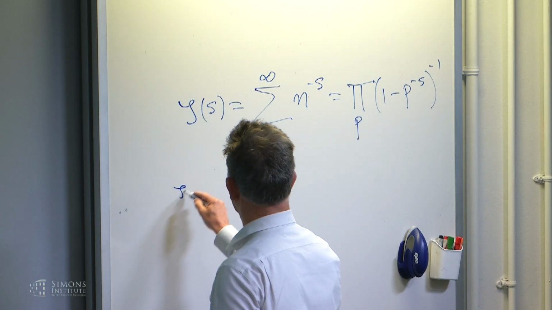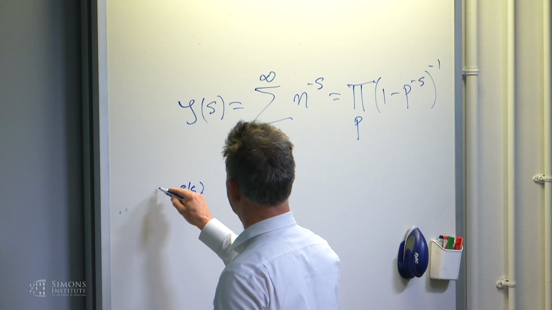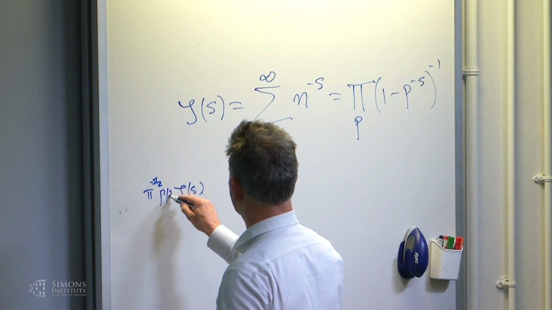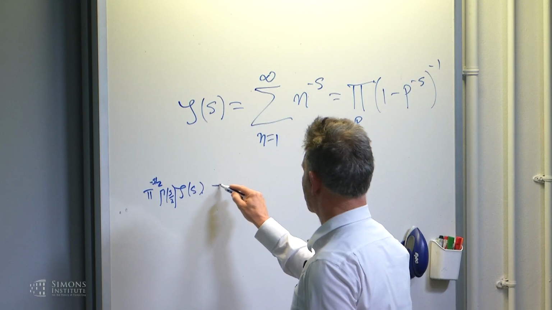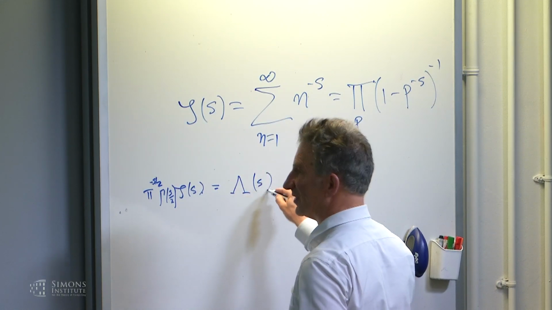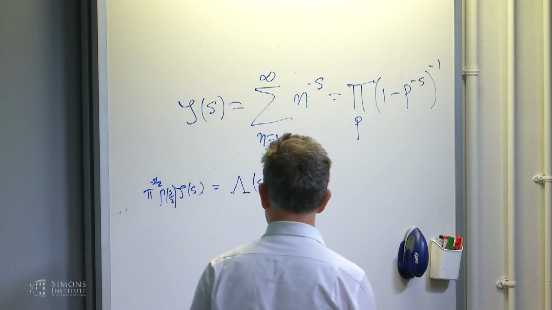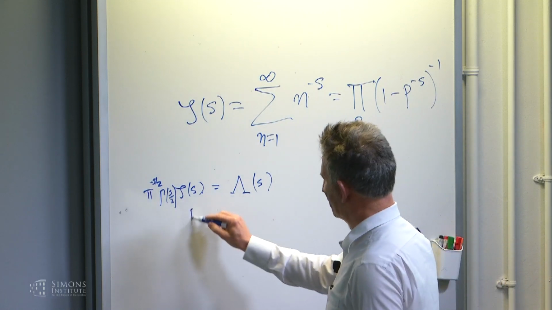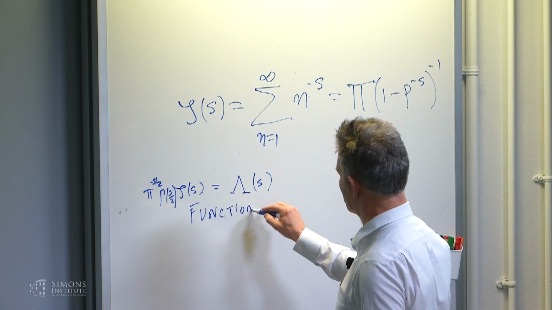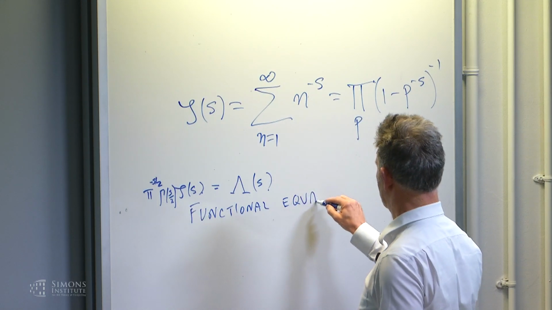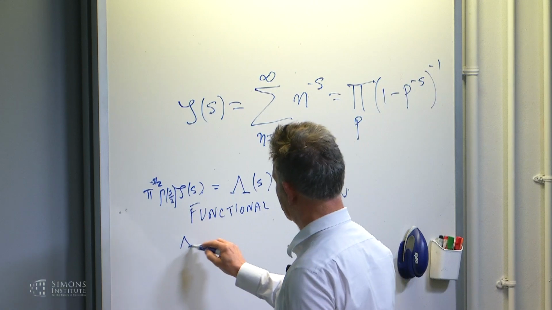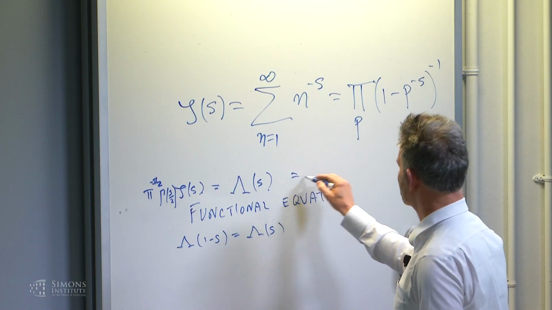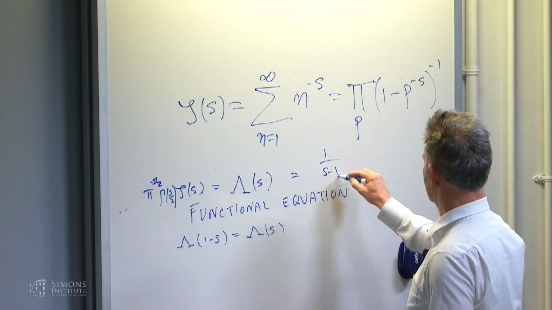And Riemann, and I want to explain this point, Riemann showed that if you take pi to the minus s over 2, gamma s over 2, times the Riemann zeta function, which I always call lambda of s. This will be a generalization there. If you append these elementary functions, a gamma function and this exponential function, then he proved a very famous functional equation, which relates lambda of 1 minus s to lambda of s, and simultaneously analytically continuing this function, it's of the form 1 over s minus 1, plus 1 over s,